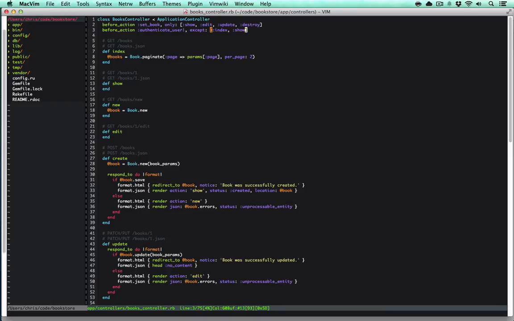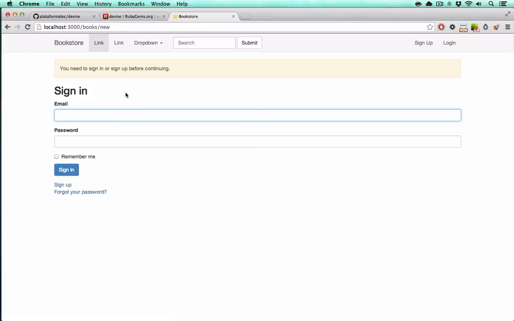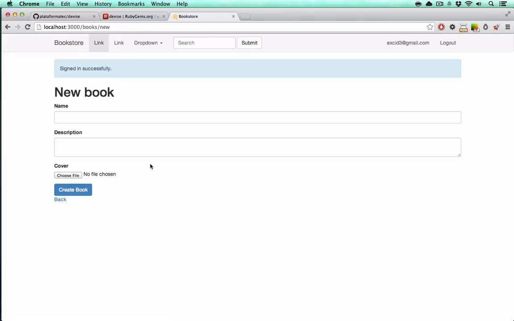So you want to protect everything by default and then essentially poke holes through that so that the public users or people who aren't signed in can actually do certain things. With that change, we've made it so that if you click on adding a new book when you're signed out, it'll make sure that you're signed in when you do that. So this requires users to be signed in, and we can simply sign in and continue with adding the new